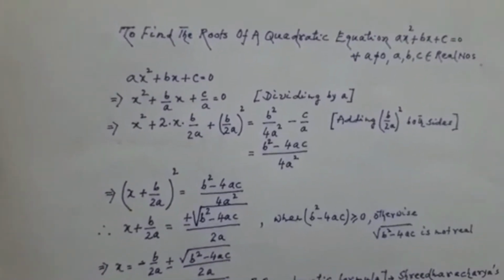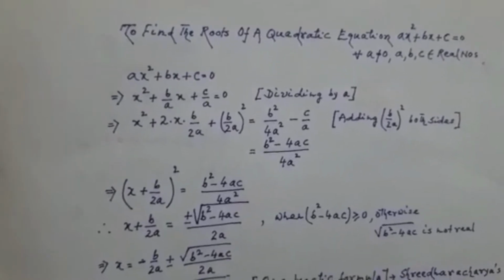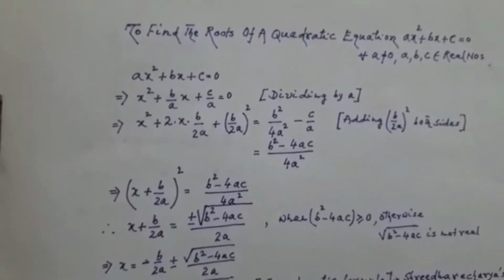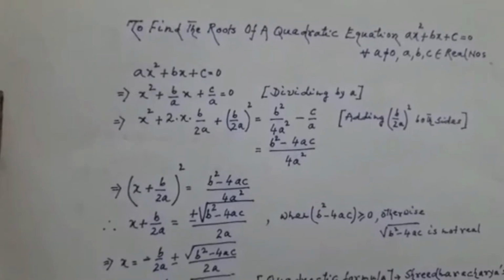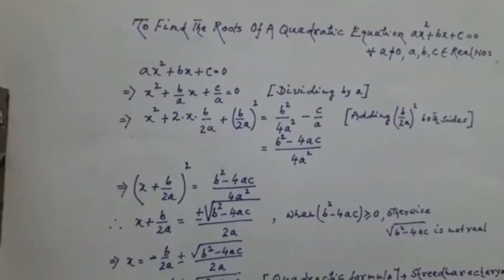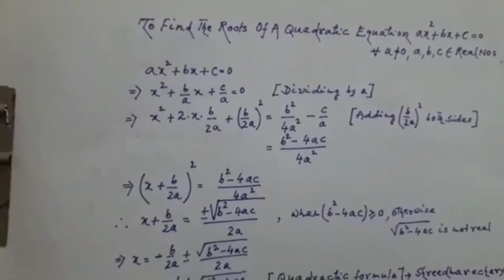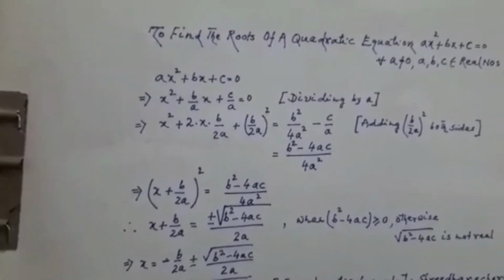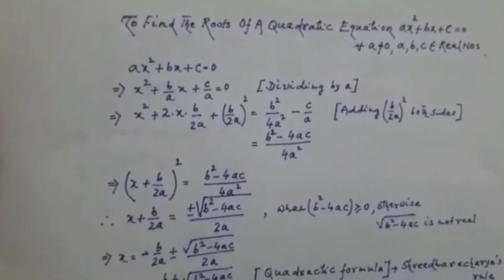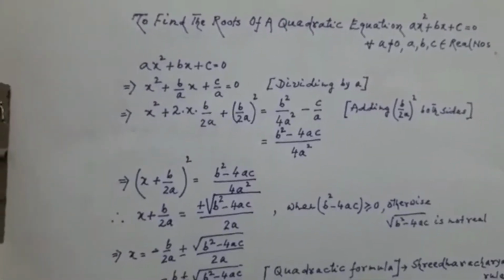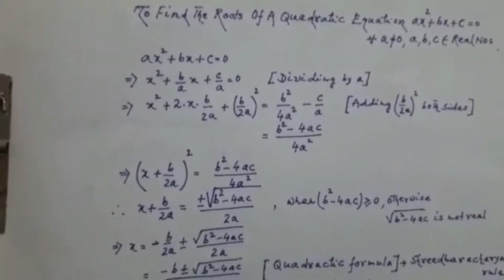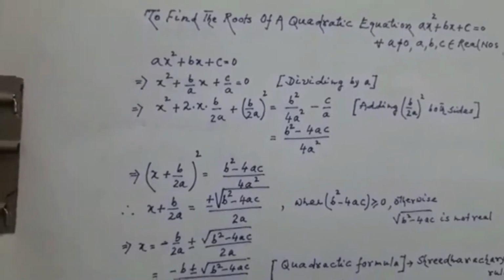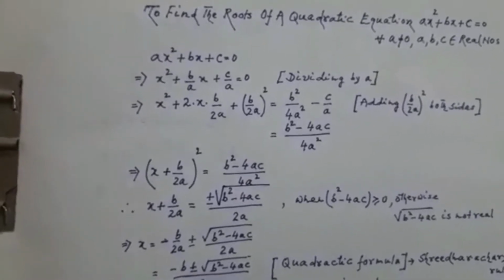+ c/a = 0, dividing by a. That is, x² + 2·x·(b/2a) + (b/2a)² = b²/4a² − c/a, adding (b/2a)² on both sides. That is, (x + b/2a)²